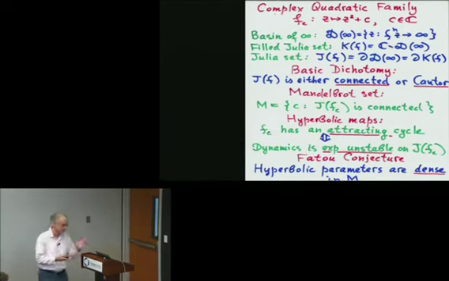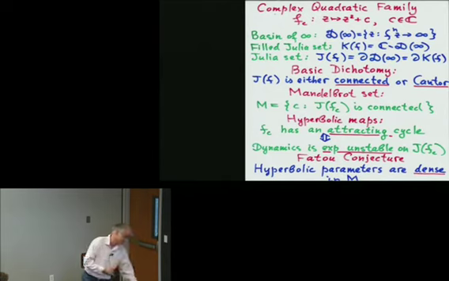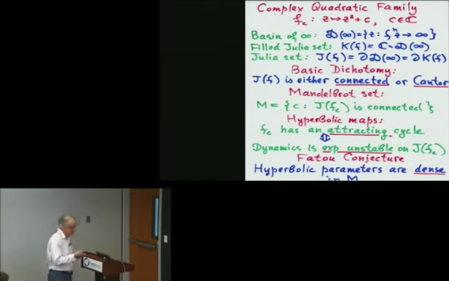In the quadratic case, everything looks a little bit easier than in general, but the main difficulties are the same in a way, though some basic definitions are a little bit easier. And so there is a basic dichotomy for the quadratic maps. The Julia set is either connected or it is a totally disconnected set, a Cantor set. And then we can try to understand this dichotomy by looking in our parameter space.